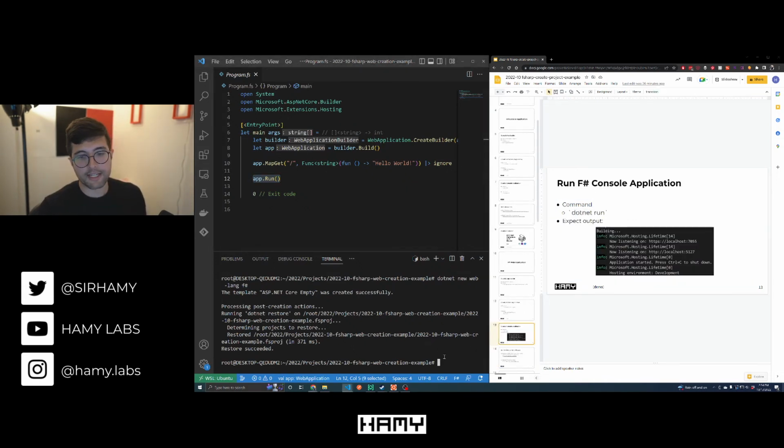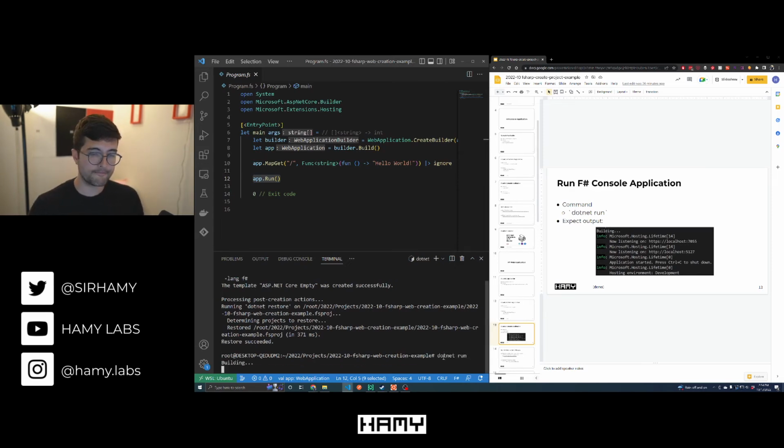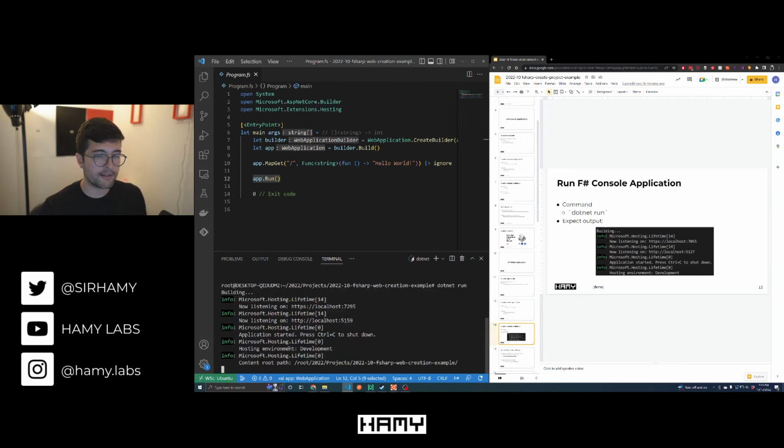Now running the server is going to be the exact same, so we just type dotnet run here. And we'll see that it builds for a while, and then it should output some things that we'll need. So first it's going to tell us where it's listening. So how can we actually talk to this web server via the web? And then it's going to tell us the hosting environment, and where it's actually pulling the content from. So this is useful for us. Here's the HTTPS. If we're doing local, we probably don't want to do HTTPS. It'll just add some extra